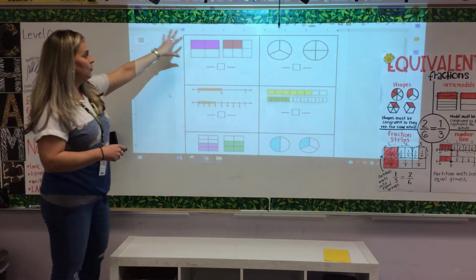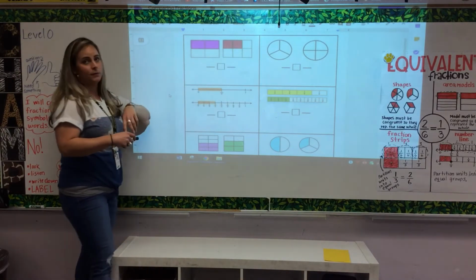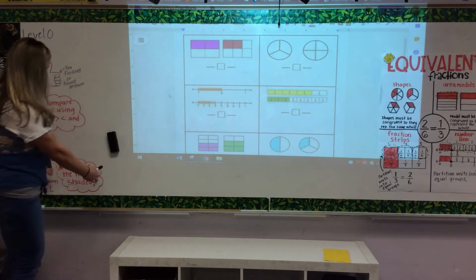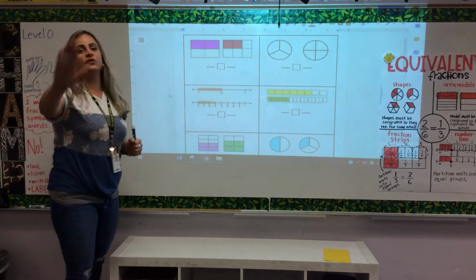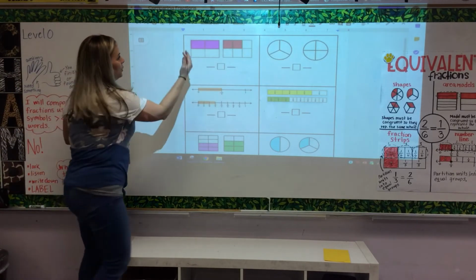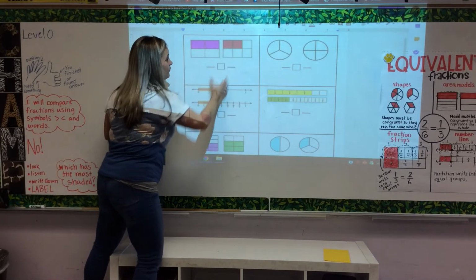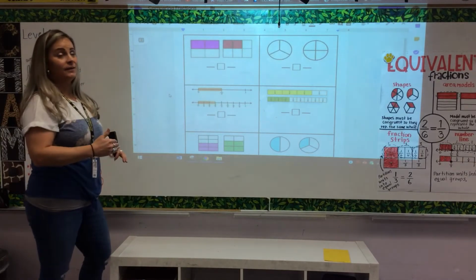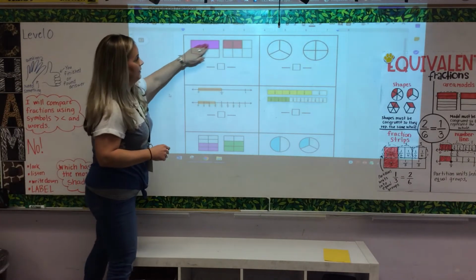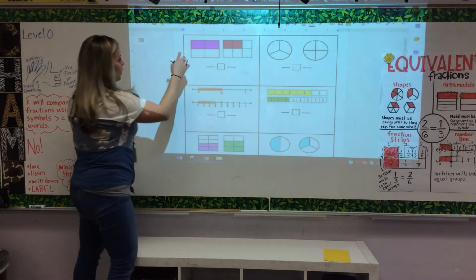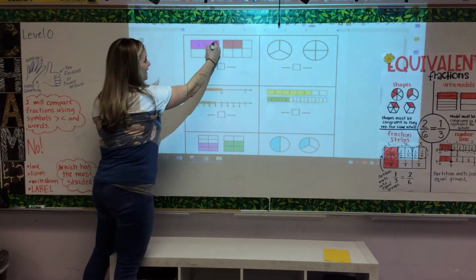Okay, so we're looking at those square or area rectangle models that we've been working with, and we ask ourselves this question: which has the most shaded? I don't care about the number of parts just yet, right? If I just look at this amount shaded versus this, which one has the most shaded? Well, this one has more shaded. More is covered than over here, okay? So this one is going to be my larger one because it has